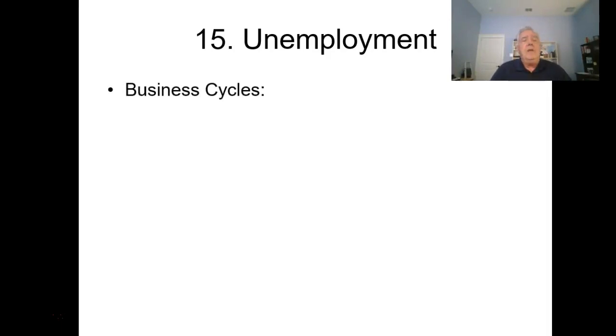Okay, unemployment is basically the result of business cycles. And we've talked about business cycles before, but let's go through it again and refresh your memory. In a business cycle, we have peak, and again, the peak is a temporary maximum. It means the economy is running at full force, doing well. Everybody's happy, people are working, unemployment is down below 5% or less, which is what economists call normal unemployment. And we'll talk about how they get to that number and what normal unemployment consists of. So we have a peak that's a temporary maximum,